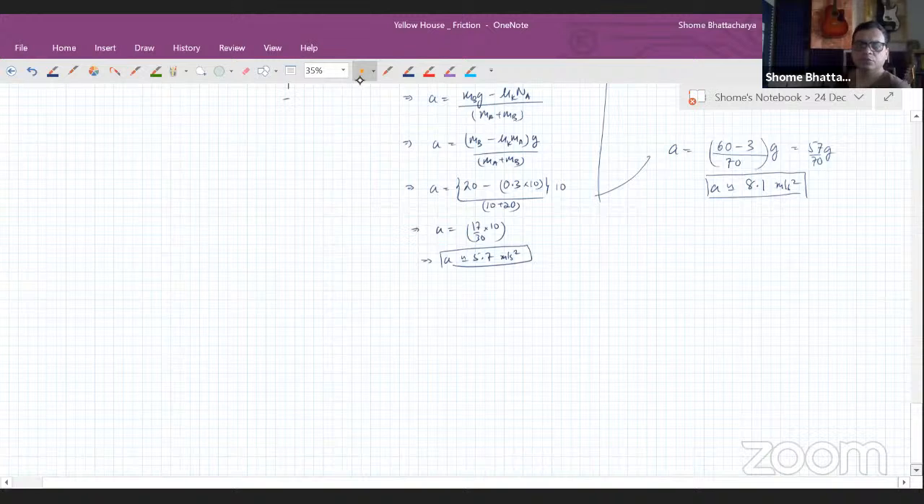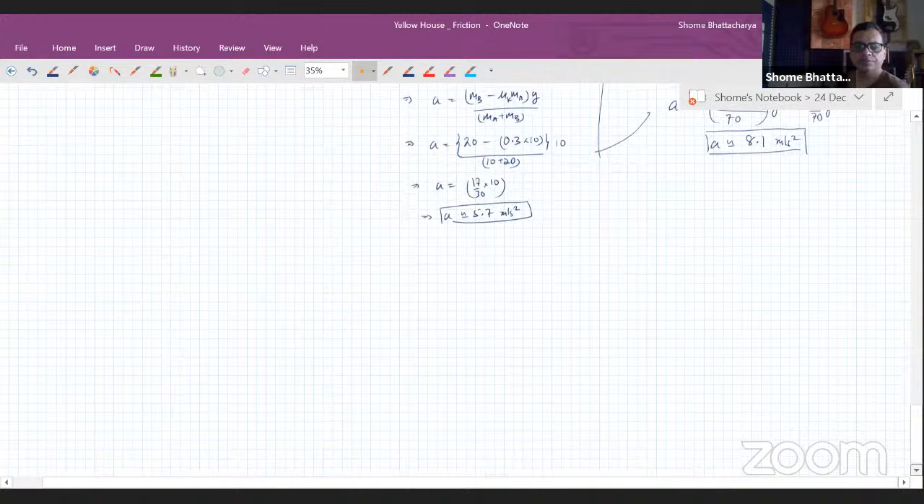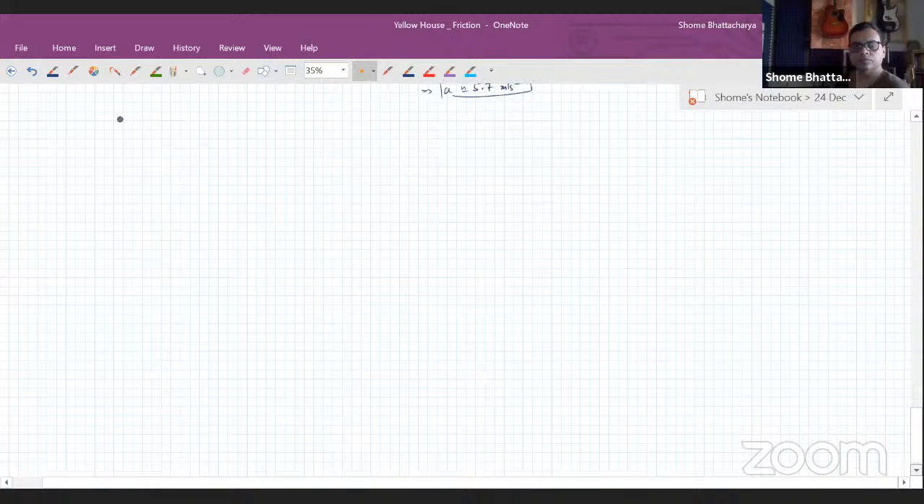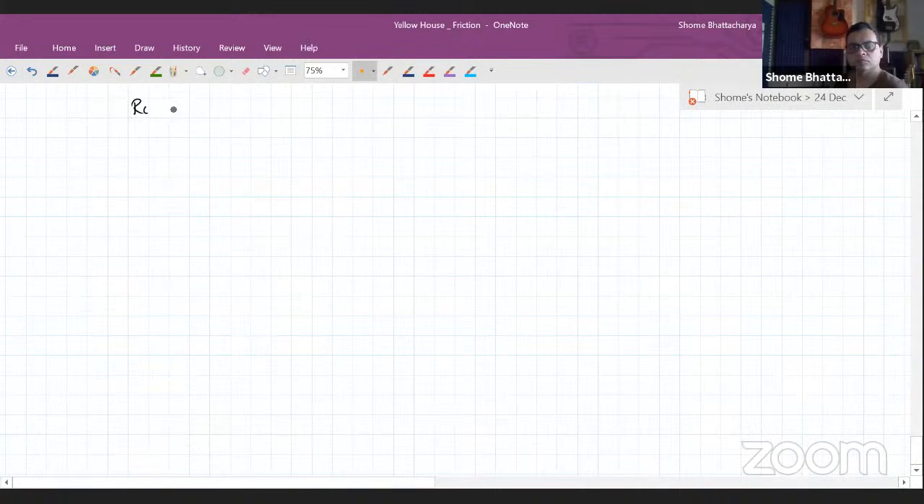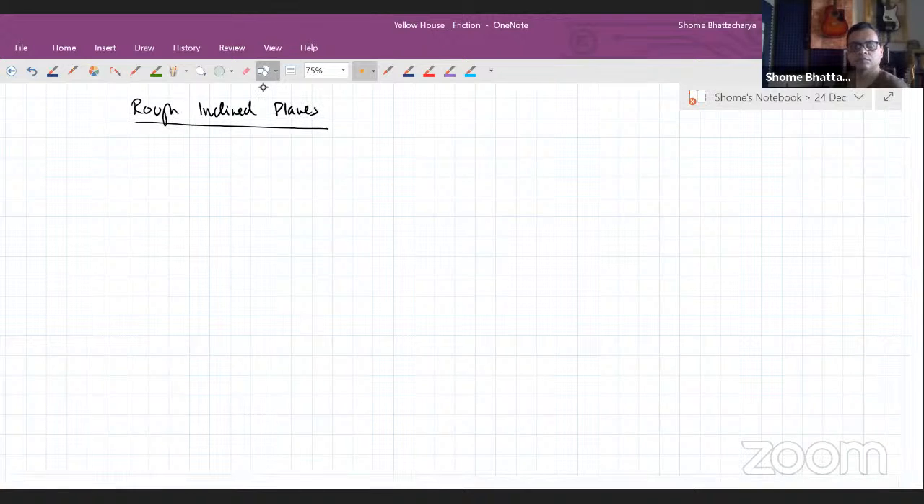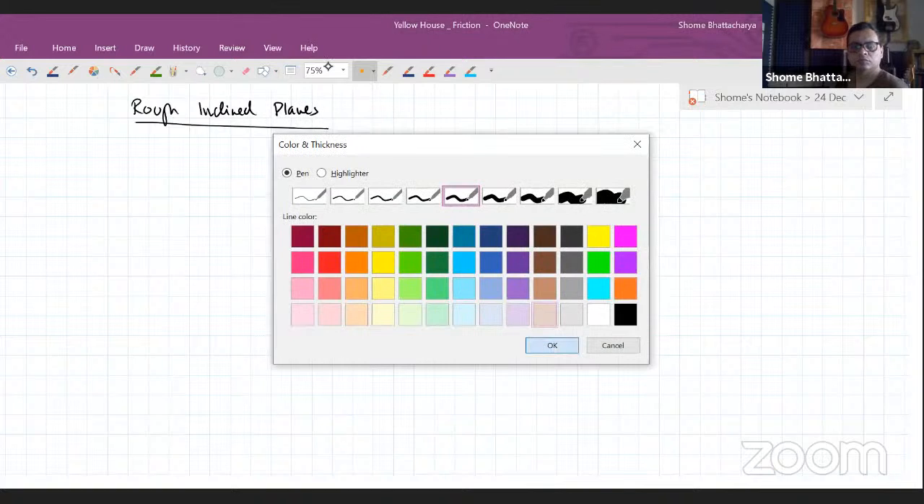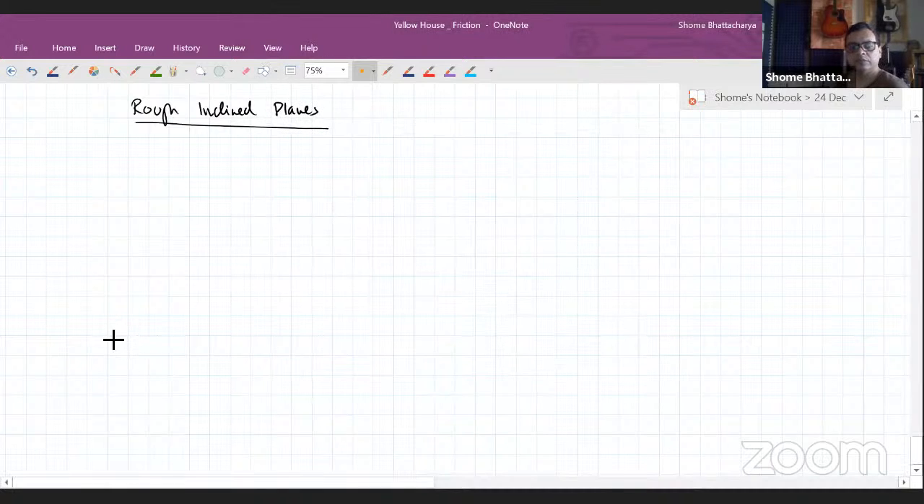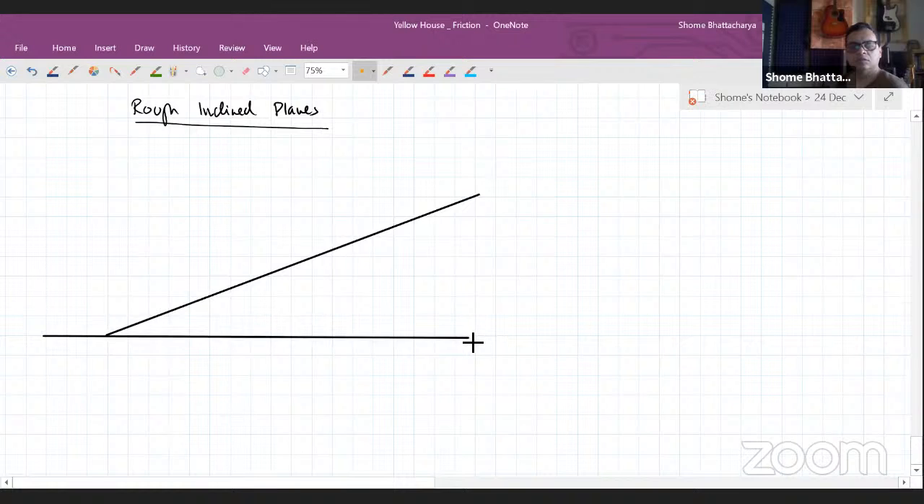Right. So next let's move on to friction on an inclined plane. So we have a situation where we have an inclined plane which is at an angle theta with respect to the horizontal, and it has a coefficient of static friction mu s and a coefficient of kinetic friction mu k, and we've kept an object